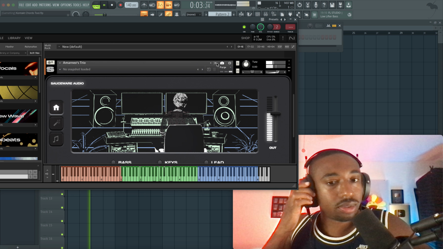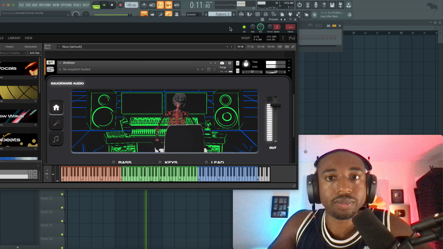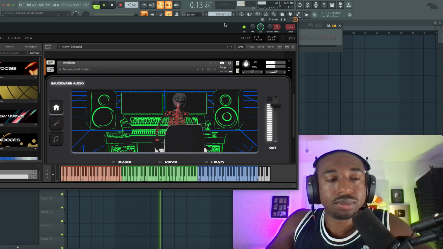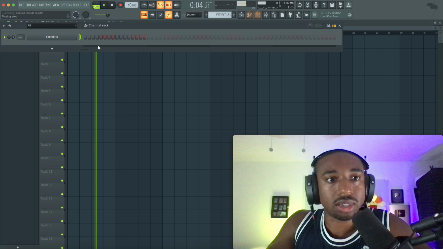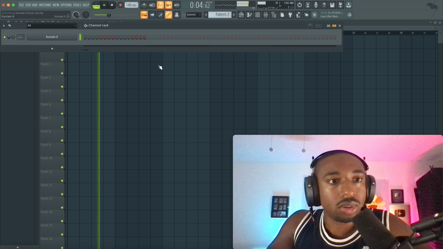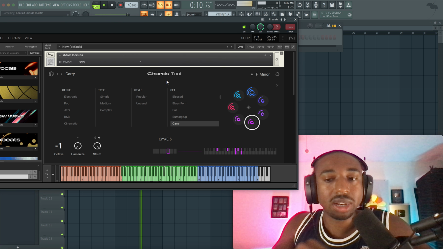He has a new plugin out, so you guys should check his new plugin Spawn. I also love Scorch too. The Trifecta was a super unique sound and approach. So try to combine it with this chords tool.